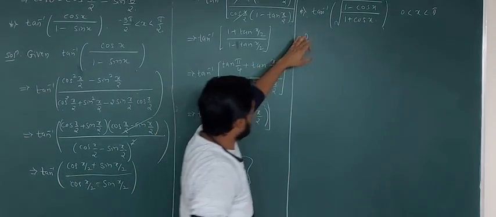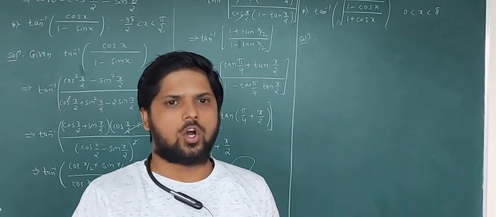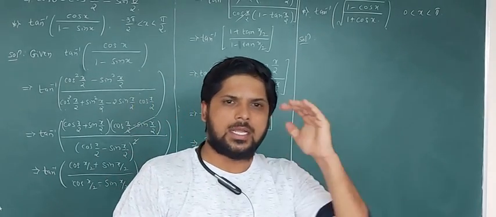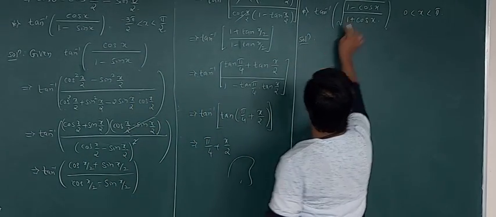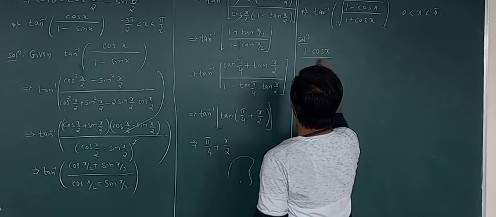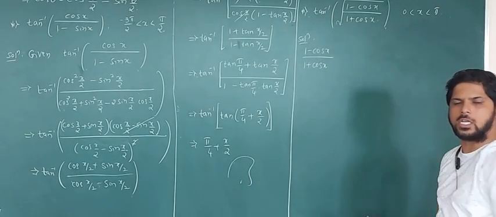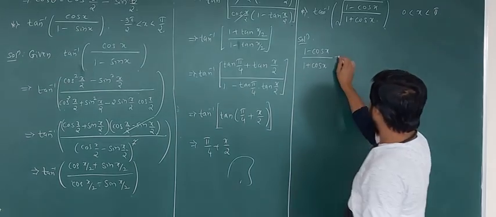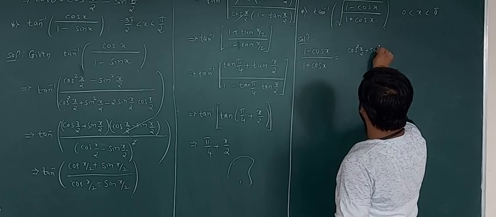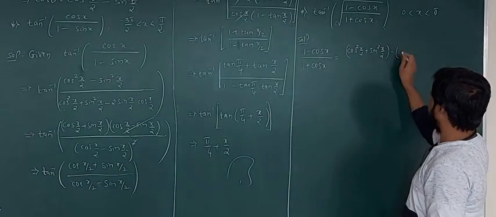So consider the next example: tan inverse of square root of 1 minus cos x divided by 1 plus cos x. To solve this example, I will first sort out inside the bracket, inside the root. That is, we have 1 minus cos x divided by 1 plus cos x. Again by using those three formulas, here 1 is nothing but cos square x by 2 plus sin square x by 2. This is a 1. Minus is there, so minus cos x.